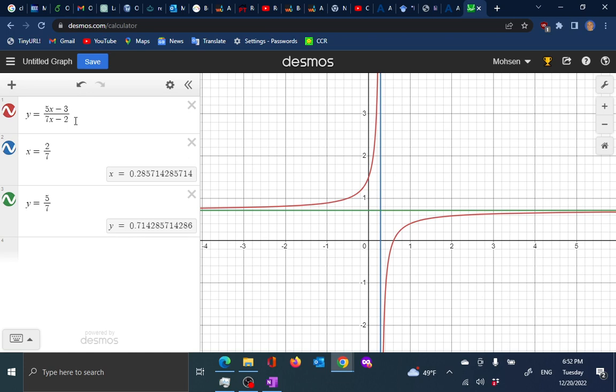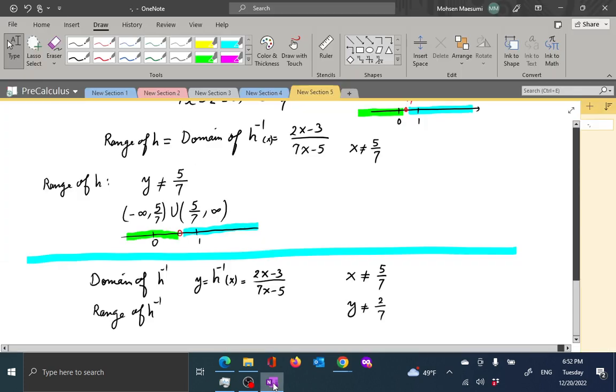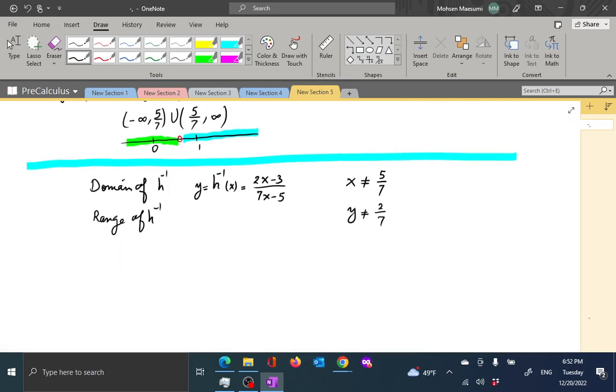You can do the exact same thing for the inverse function, and then you will see in the inverse function this value 2 over 7 shows up for y, and the value 5/7 shows up for x, and that's what we said the inverse functions do. You are essentially just exchanging the input and output, and that's what we observe here. So let's state as our final statement for this lecture the following: